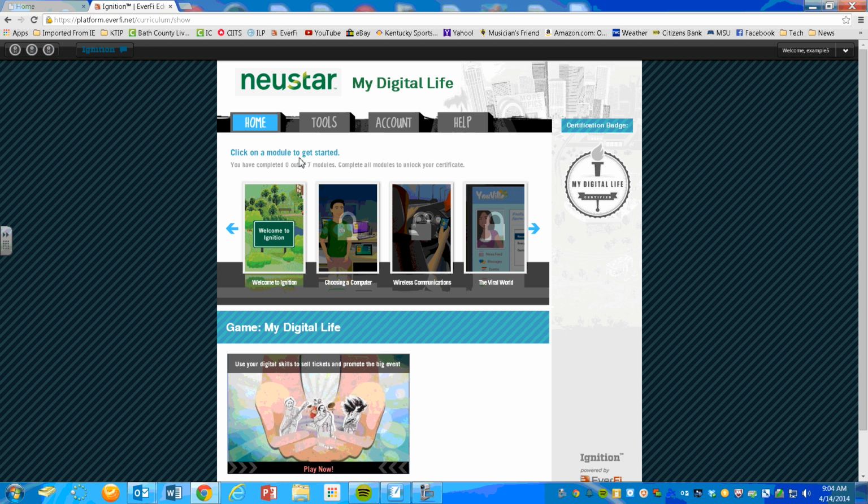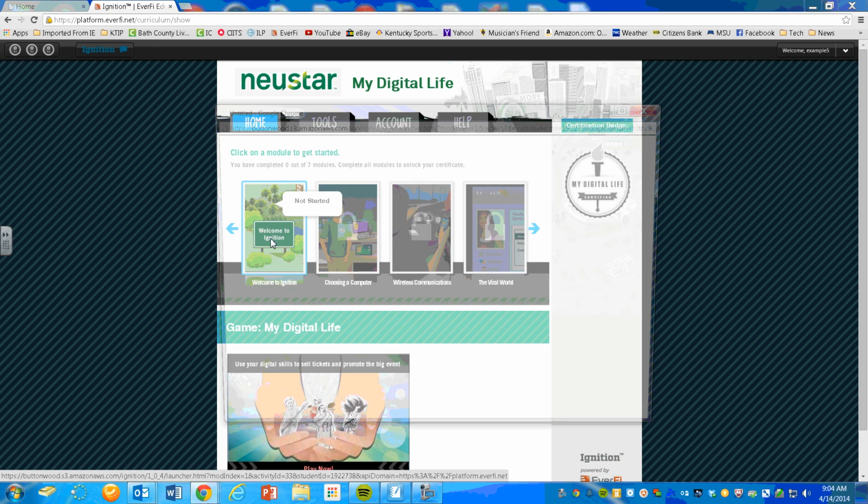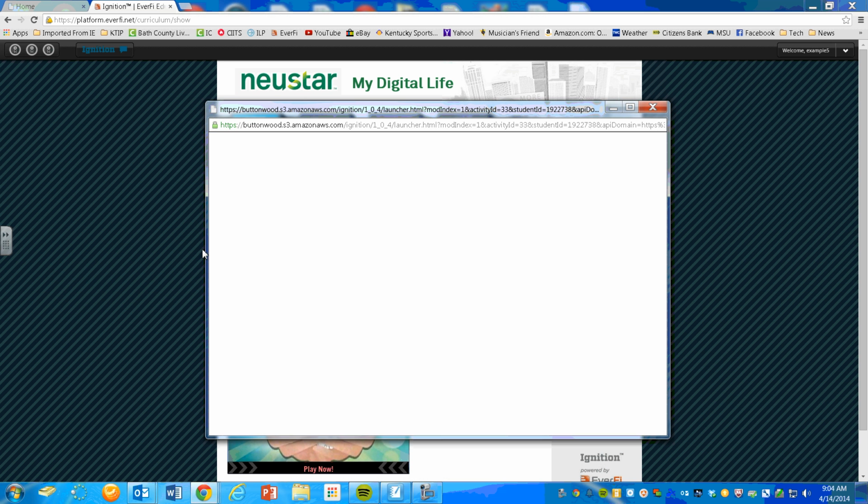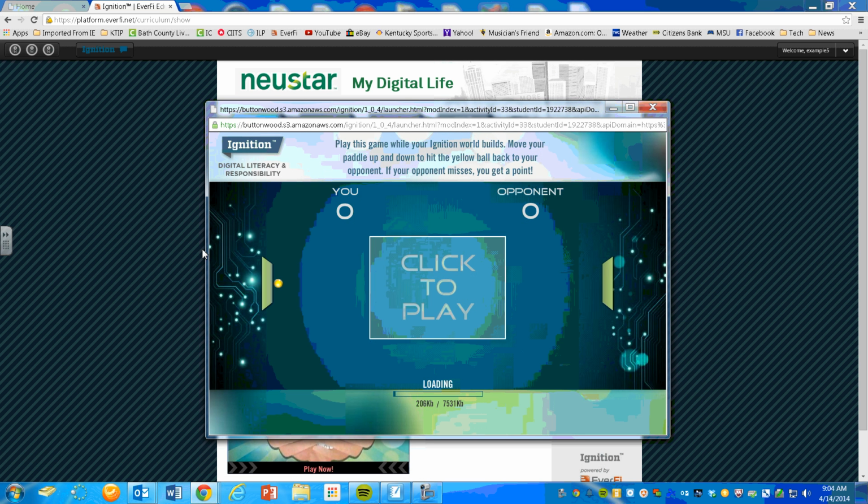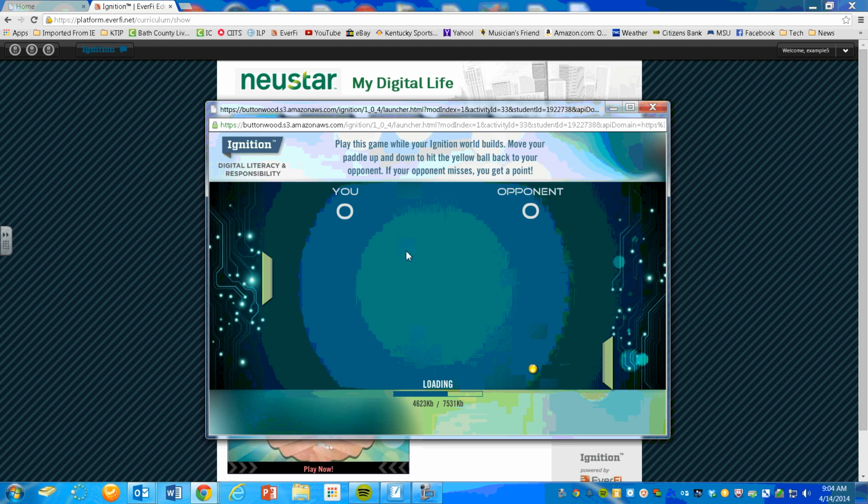Now, from this page, the first thing we want to do is we want to click on the Welcome to Ignition, and it will pop up. This right here, it will load. While it's loading, and play some music in the background, you can play a lovely little game of Pong here until the whole thing loads. Just be patient,